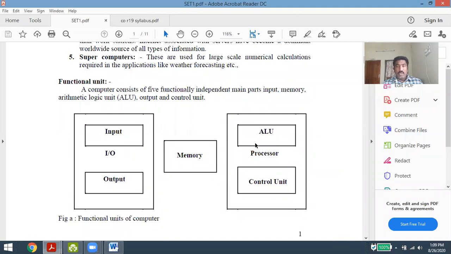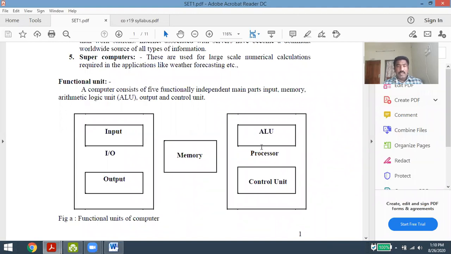And coming to the processor, we have three components in the processor. One is called memory, the other is the ALU, and one more is called the control unit. These three combined form the CPU, called the central processing unit. The reason we separate the memory from the CPU is that it is an additional component, which is just used for storing data. The CPU contains the ALU and control unit, which are called the processing elements, used to execute the instructions given by the user.